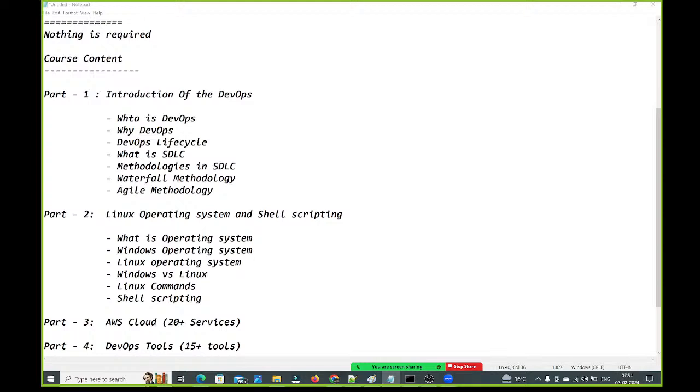Fine, guys. Next one is part 3, AWS cloud. How many services are we going to discuss in the AWS cloud? 20 plus services. Before starting these 20 plus services, first I will give an overview of what cloud computing is. Why do we need to go for cloud computing? If you set up the infrastructure on your premises, what challenges are there?